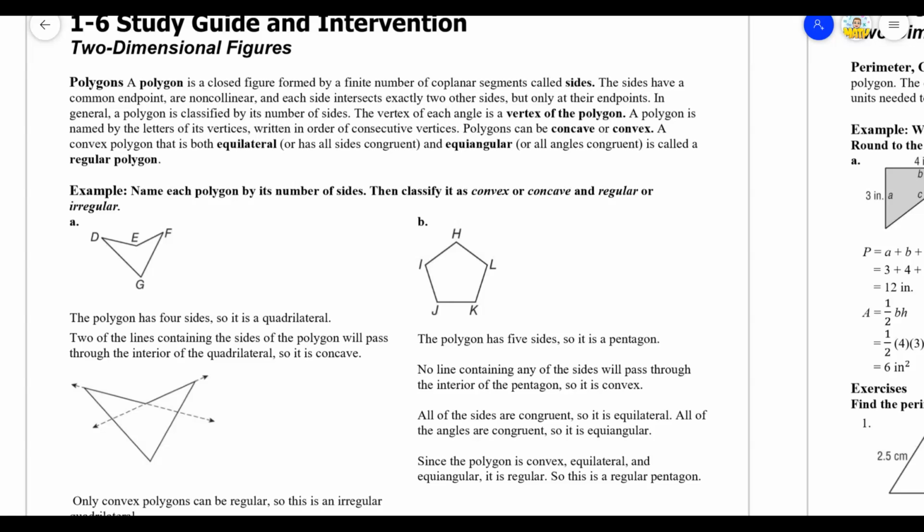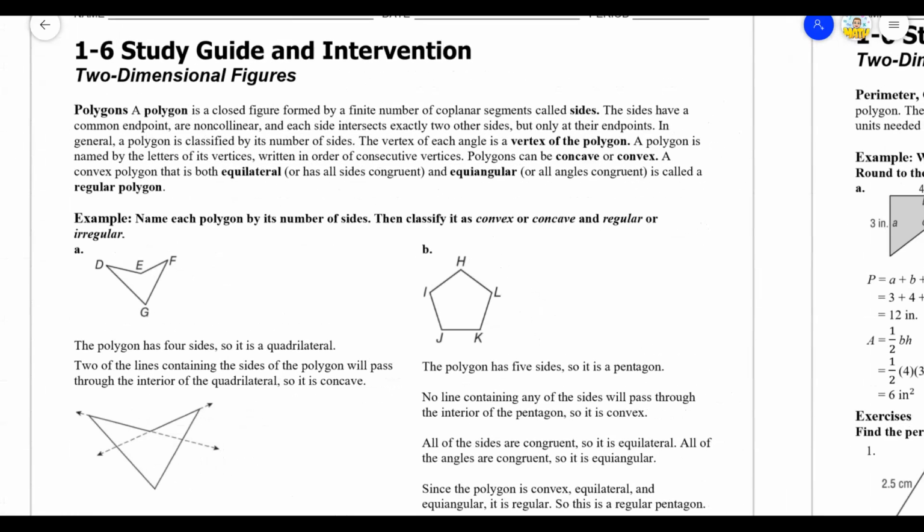Okay, so here we are. We've finally gotten to the last section of Chapter 1, which means after we finish this, we'll be ready for a Chapter 1 test. I do think we'll probably just do a short quiz on 1-6. So what we're moving to now, like I said, Chapter 1 has such a mixed bag of things. So we're going to put together two of the biggest concepts we've studied so far,